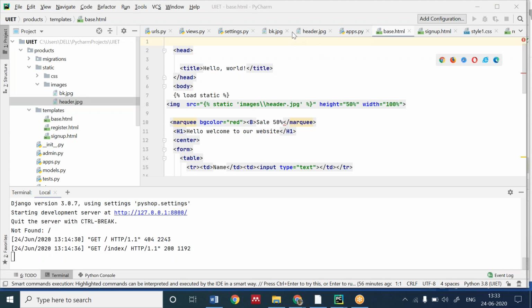Now I think I can move it up. No, it's not moving. Yes, now I can minimize it, to everyone.